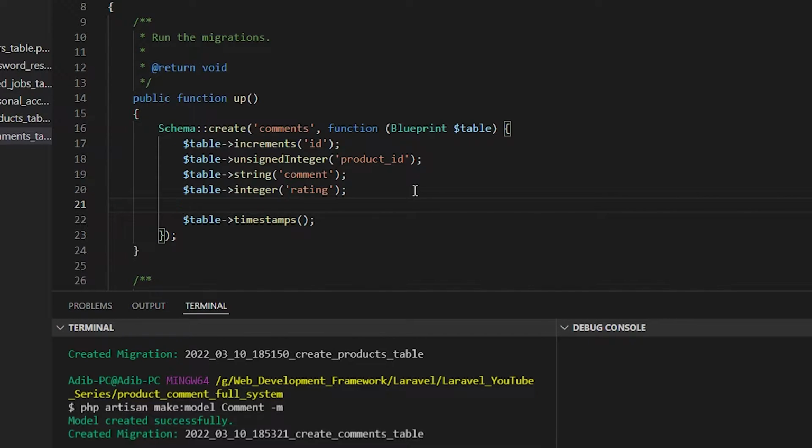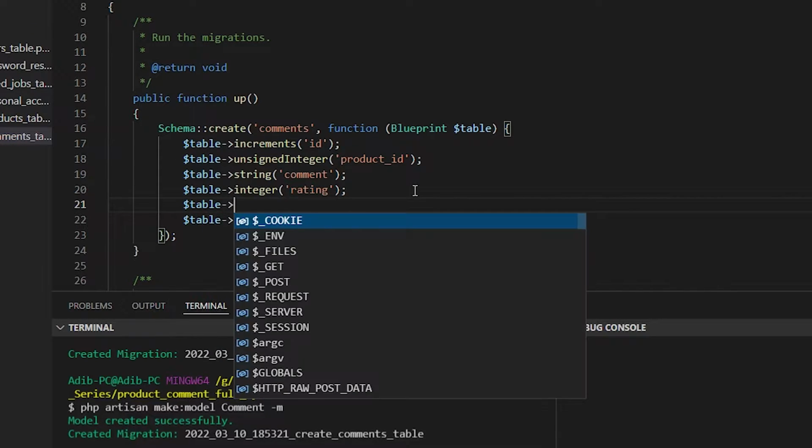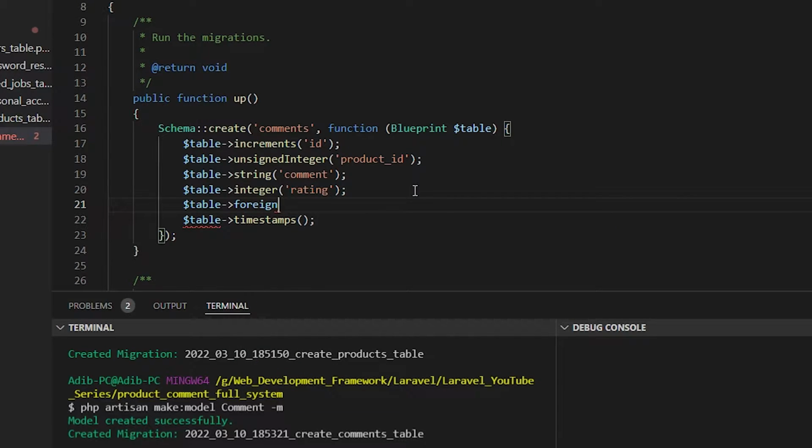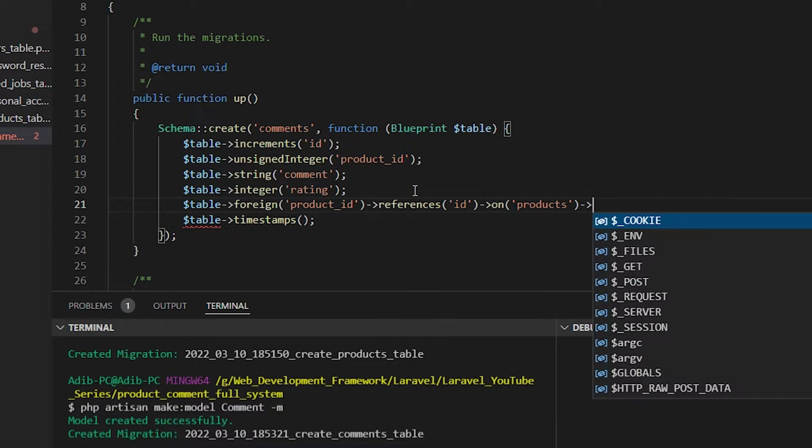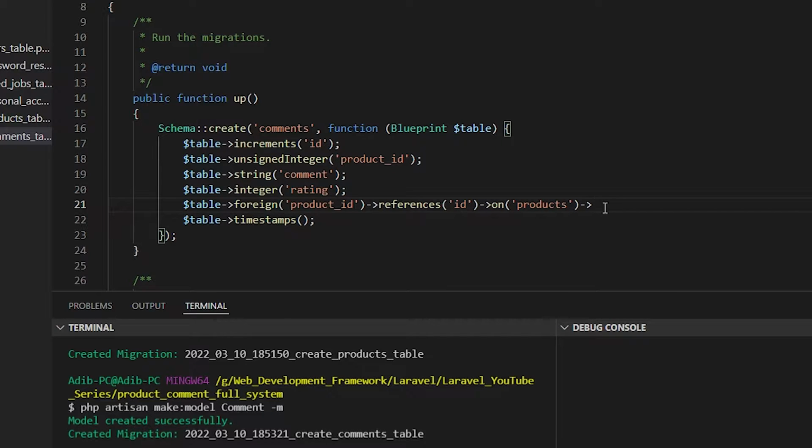Okay, then in the last we have one more thing to connect our comment with our products table. So for that we need to write foreign key, foreign with the product underscore ID, references on ID, on which table? Products table. And if you delete a particular product, on delete, it will also be deleted. Cascade. Okay, so it is saying that we have product ID, which works as a foreign key for this